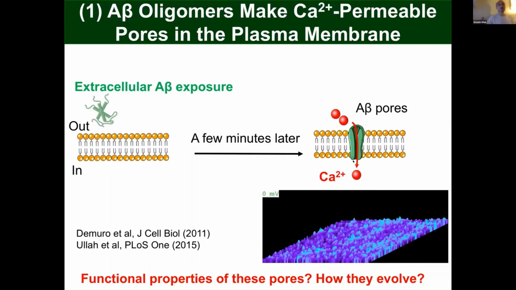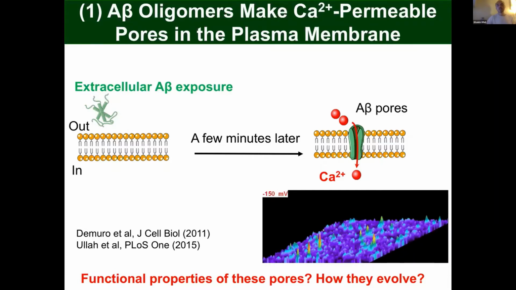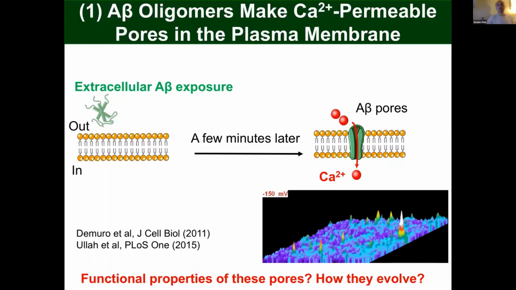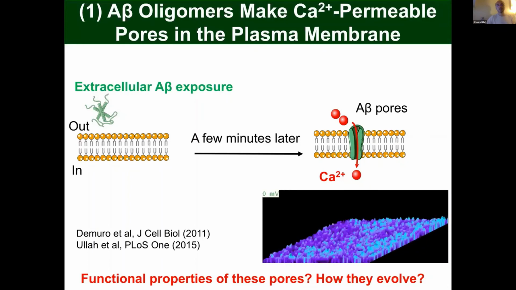And if you apply a driving force, like you change the membrane potential from 0 to somewhere around -70 or -80 millivolts, you see these calcium fluxes coming into the cell. The top part is basically the inside of the cell, and these puffs, these spikes that you see, are calcium flux coming into the cell through these pores. And obviously you can expect that to affect the calcium signaling inside the cell.